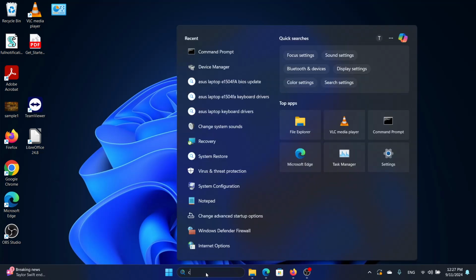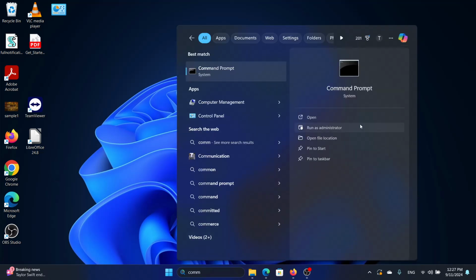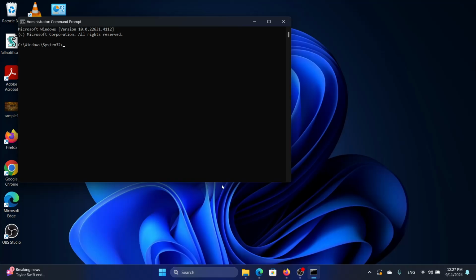Now the first solution is to go to command prompt, click on run as administrator, yes, and then enter the command dism /online /cleanup-image /restorehealth and press enter. Now I won't press enter here because it takes quite a long time, folks, and I